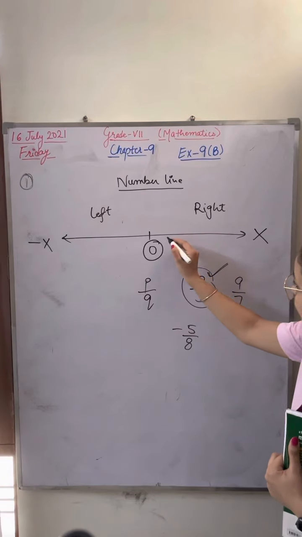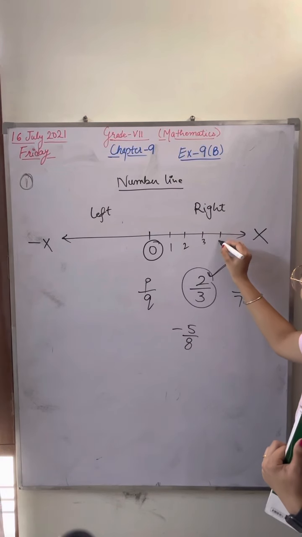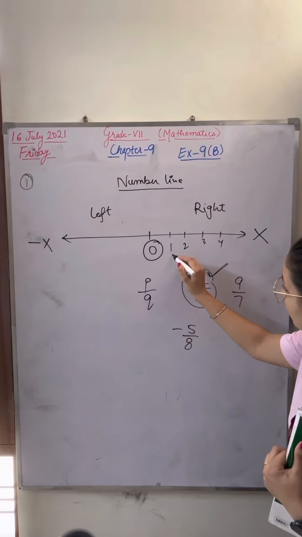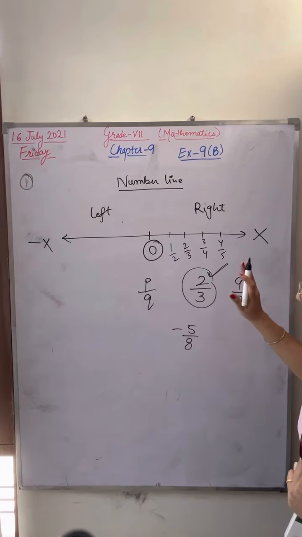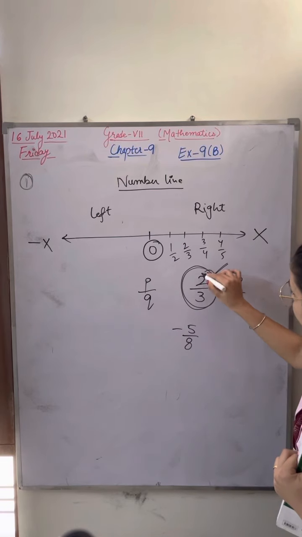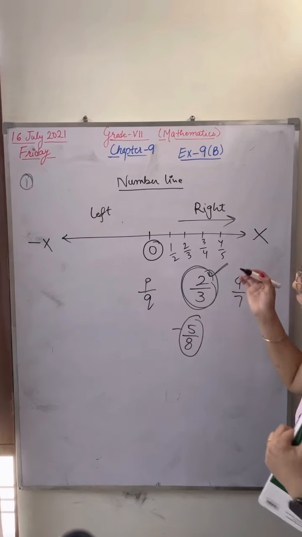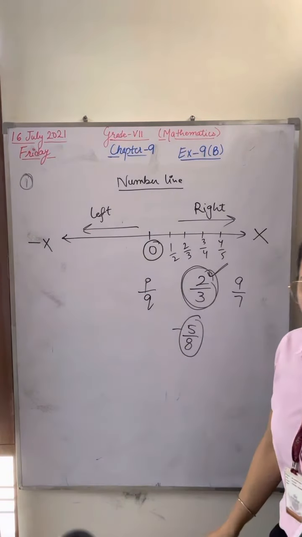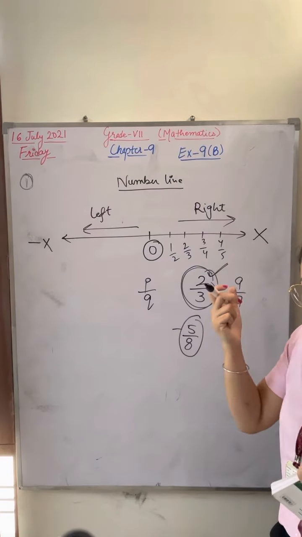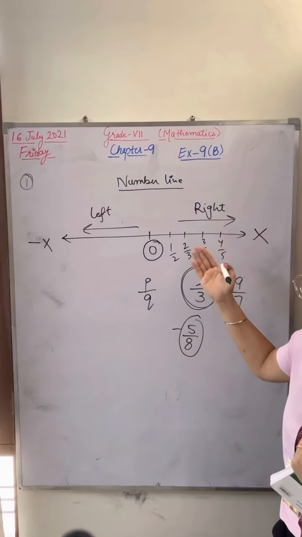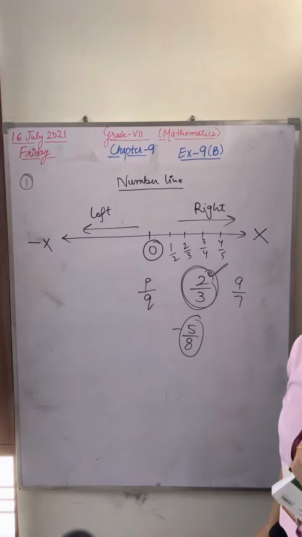Okay, I'll tell you. On the right hand side you will have all the positive values: 1, 2, 3, 4, or rational numbers like 1 by 2, 2 by 3, 3 by 4, 4 by 5, 5 by 9, anything. All the positive rational numbers will lie only on the right hand side. All the negative numbers will always lie on the left hand side. Right? So any doubt in this? Ma'am, how does this lie on the right hand side, is that the rule? Okay, the right hand side contains the positive values, the left hand side contains the negative values.